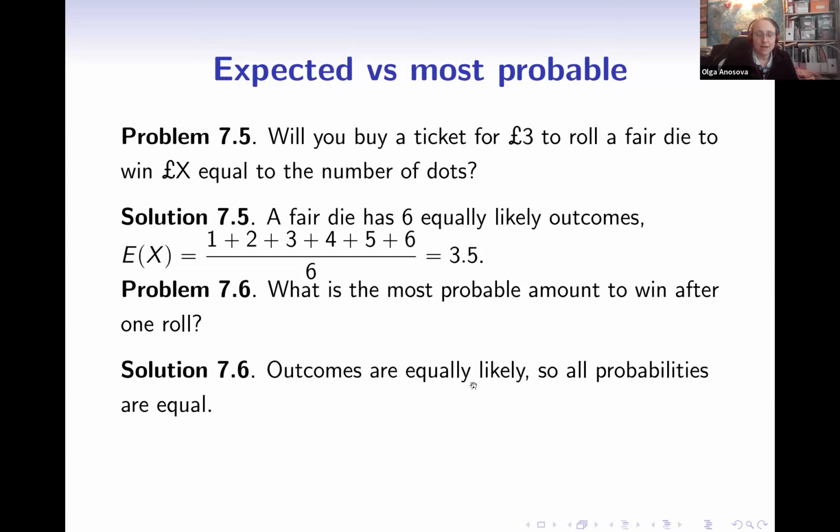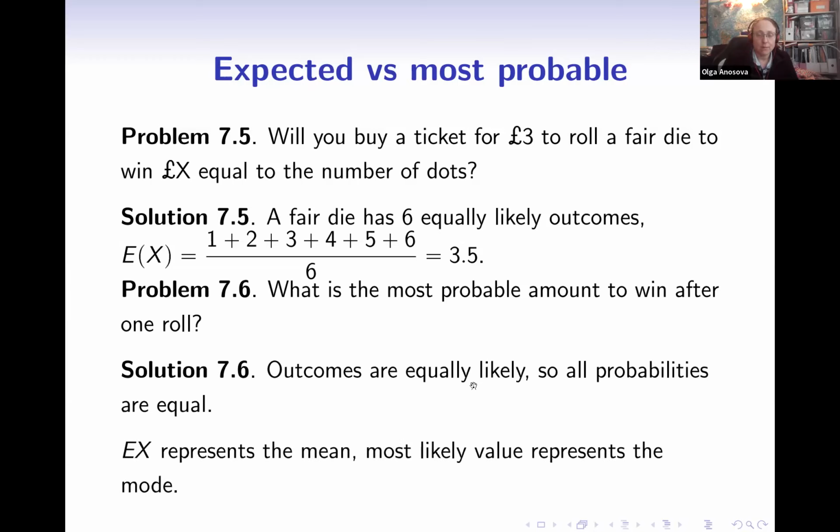Because that again brings us to the topic of our first probability session when we compared different descriptors. And here, expected value is the mean, and the most likely value is the mode. And because those are different from time to time, the most probable amount is not the same as the expected amount, which can sometimes be confusing.